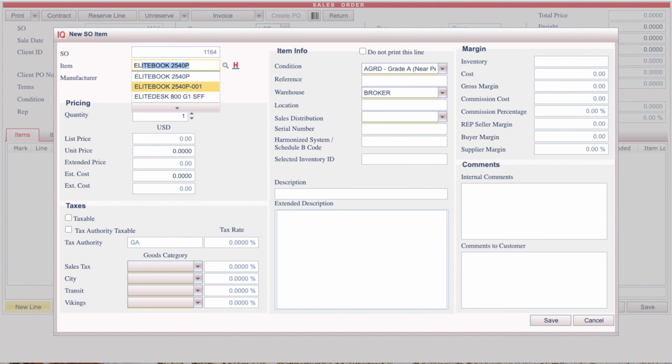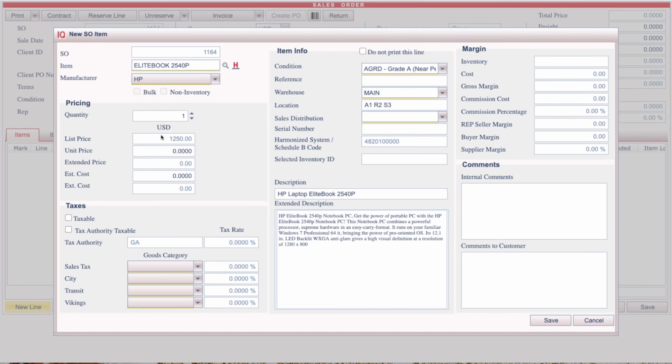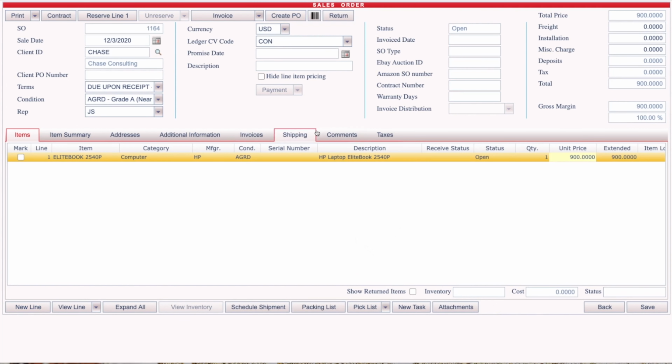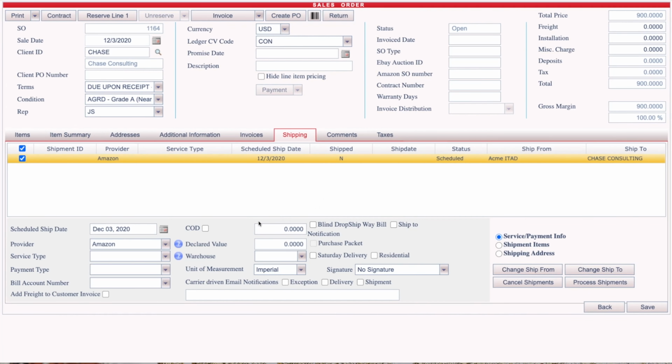We're going to type in Elite Book, and we're going to do the Elite Book 2540p. I have a list price of $25.50, but you know what? Instead, we're going to say that we're going to sell this for $900 instead, and we'll click Save. At this point now, what we're going to do is we're going to click Schedule Shipment here,